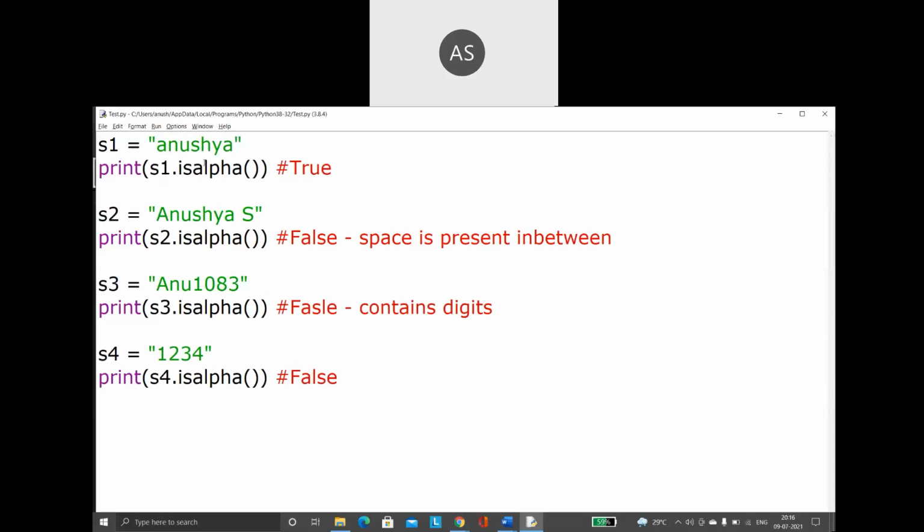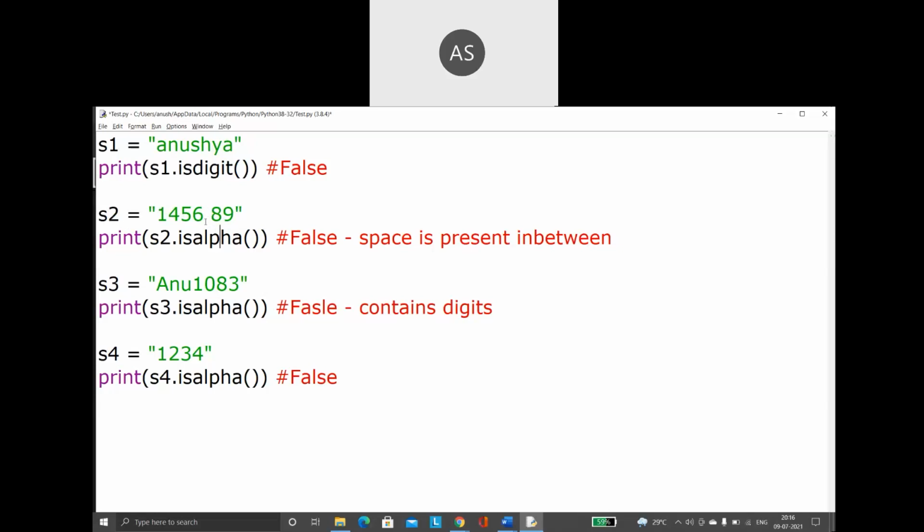Now, what is the next function I told you? There is a function called isdigit. Isdigit means it should be numbers. So the first one is false because this does not have any numbers. This is having only alphabets. Now have a look at this. This also is going to be false because space is not a number.